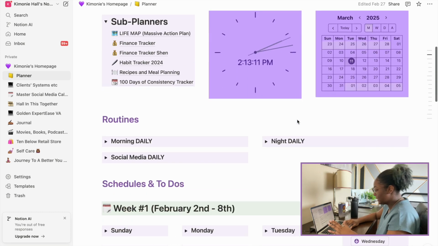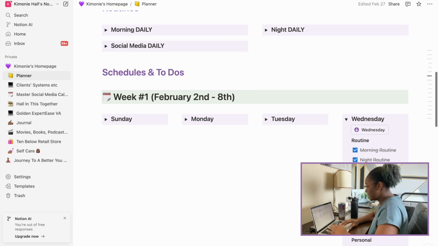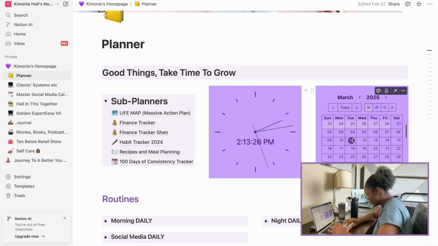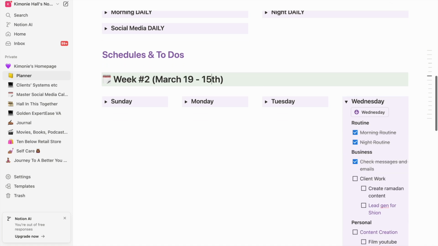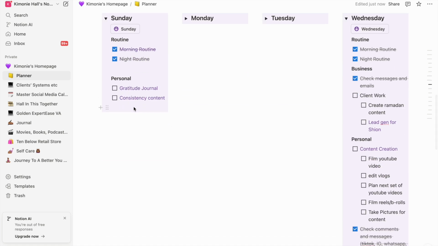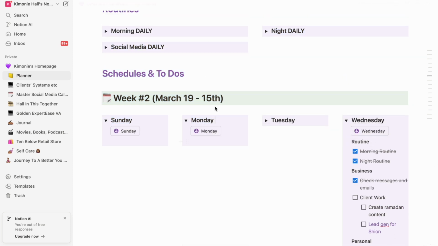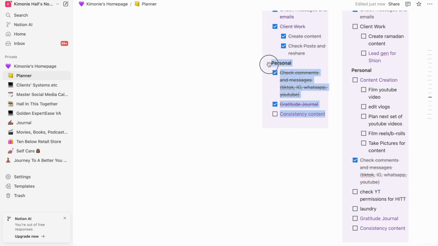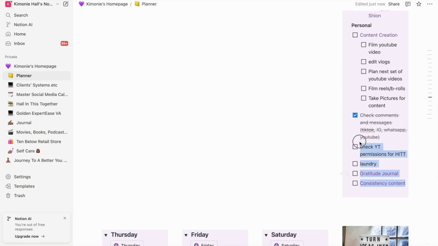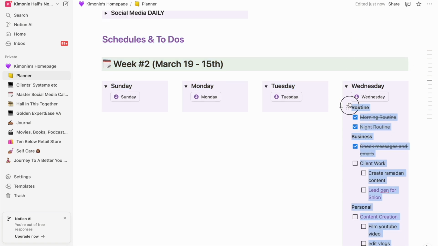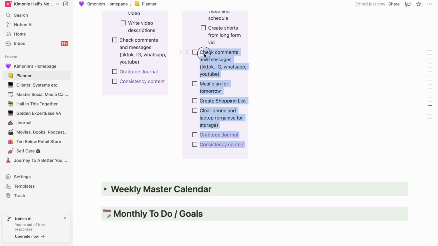Okay, so this is my planner, but this is the most important part, the weekly to-do. So first thing that I'm going to do is change the date. Today is March 11th, so I'm going to call that week 2 of March. All right, so I'm going to clear all of these for a few reasons. One is because this is an old list. Two, because I usually refresh it. But three is because I need to update the thing that I refresh it from, because I'm going to be using a tweaked template going forward, and so I need to fix that before I fix anything else.